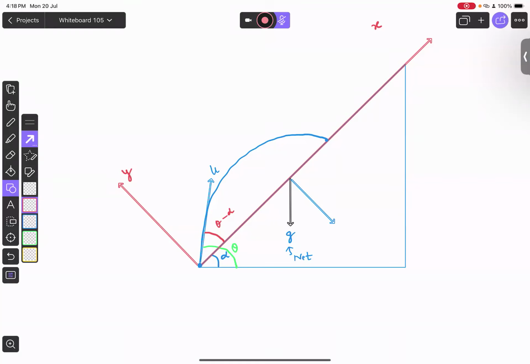And the other component will be this black one. Can you tell me what this angle will be? Alpha only. Yes, sir. So the component of g which is perpendicular to the inclined plane is going to be g cos alpha. The component of g along the inclined plane is